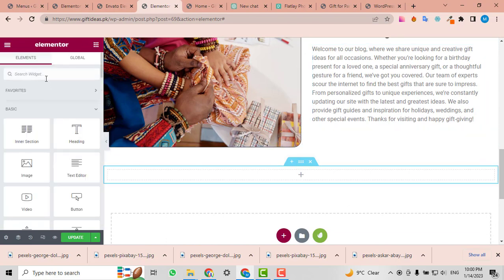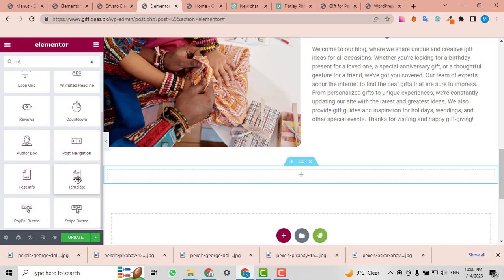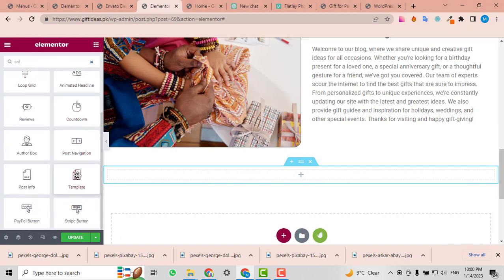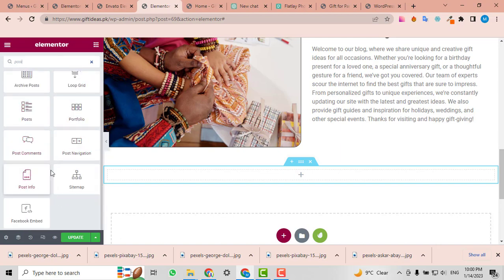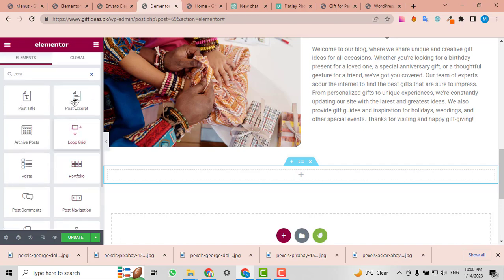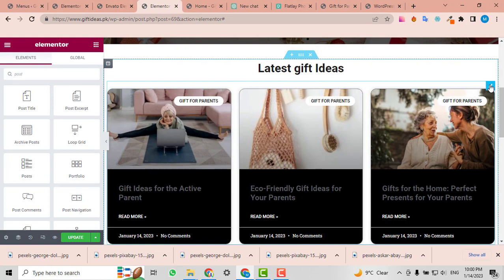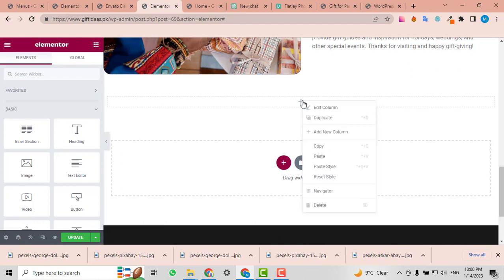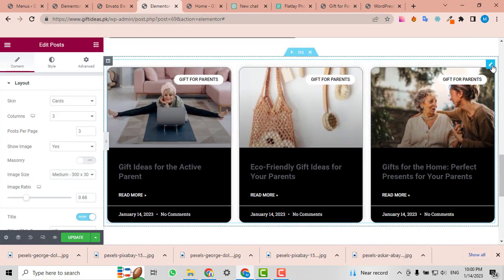Now I'll go back and search for categories. I have some widgets here, for example category, feature image, template and reviews. No, I don't have it here, so I'll search for post. Here are archive, loop, portfolio, posts, post info, post navigation. I'll add a post here, and to duplicate it, I click here, copy, and paste it here. Now I have these posts, but they show the latest posts, so I will make some changes here